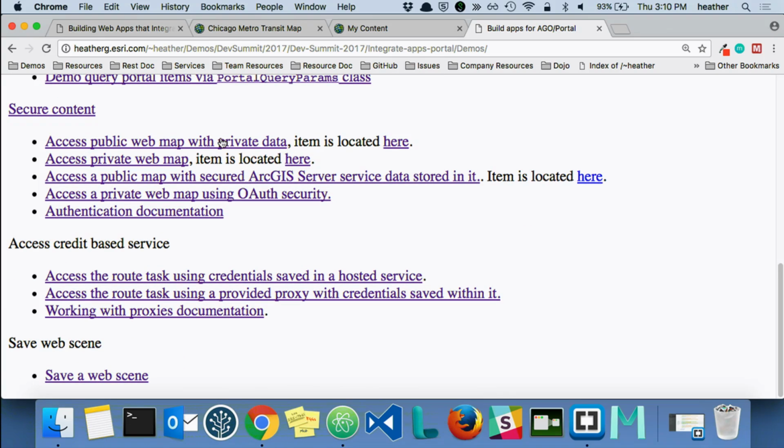Okay. All right. So all of what I just showed you is fine if you want your web application to handle those credentials. Remember how Bjorn was saying that every time you hit a secure service, whatever amount of layers you have in there, it's going to prompt you. Well, let's say you don't want to go through all that. You don't want your client to have to deal with the security. You want everything to be handled on the server end. That's where we would work with the OAuth security model. So in this particular sample,